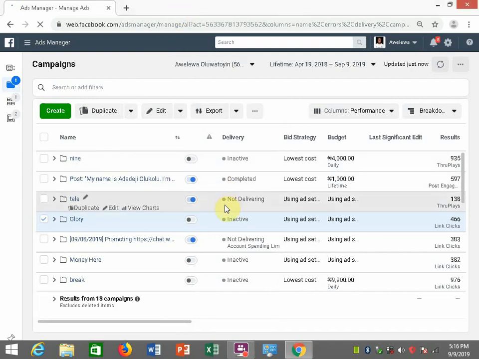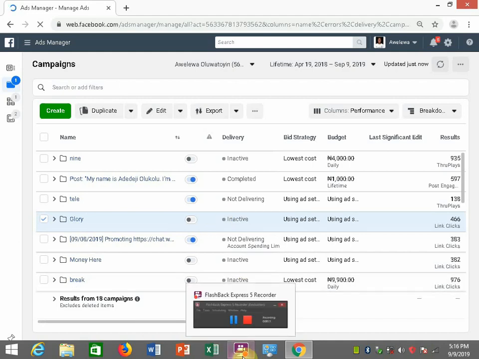And in this session we want to talk about ad performance, tracking the performance of your ad. Basically there are just a couple of features you're supposed to look out for that will tell you whether your ad is performing or not. Most people are trying to get traffic to their website. Either you're trying to get traffic or you're trying to get engagement, or you want to get somebody to comment.